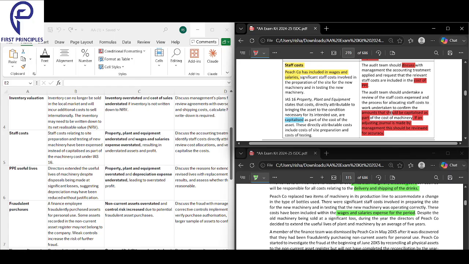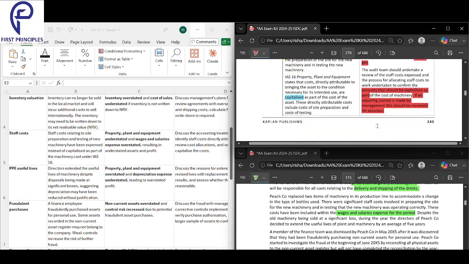But when they move from expensing to capitalizing, there will be a journal entry. That journal entry, you review it correctly, whether it is done or not. Second, you look into all the staff costs that were expensed and see if those staff costs are correct or not. And if they are, then just ensure that the same amount is capitalized. That is about the staff cost.